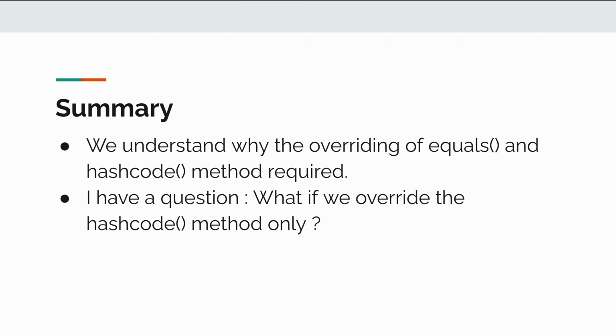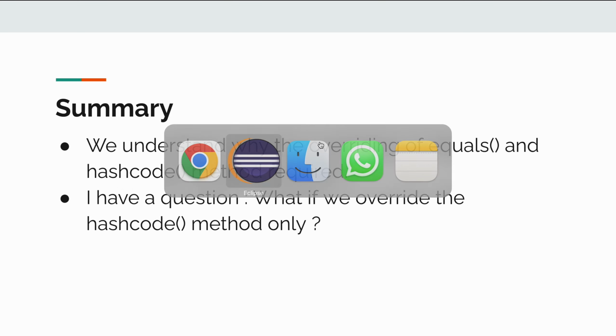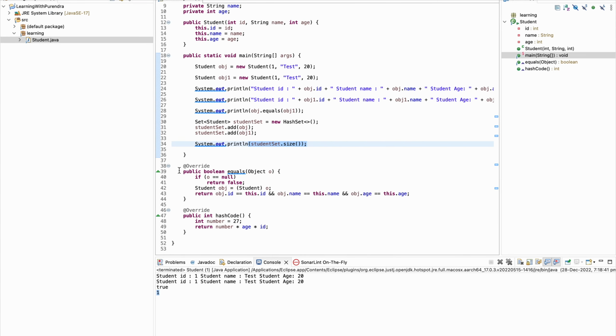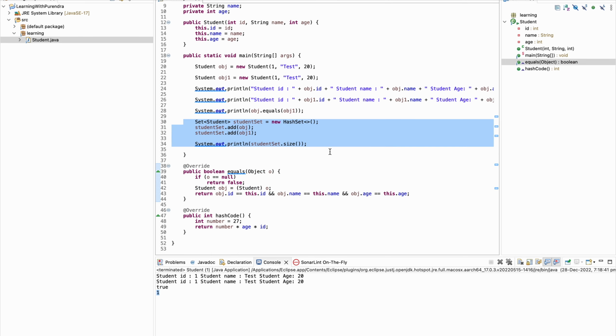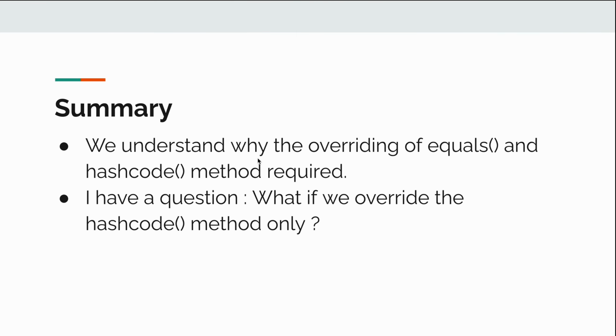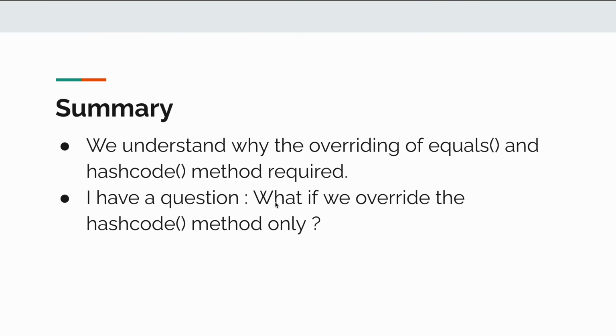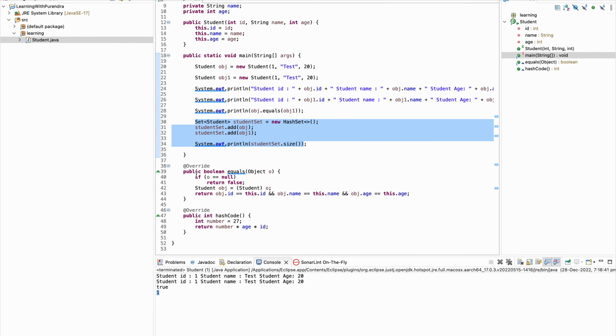Now I have a question for you guys. What if we override the hashCode method only? Earlier we tried overriding the equals method only, and we faced a challenge with this code: we are getting multiple values in the set. Now, what if we override the hashCode method only?